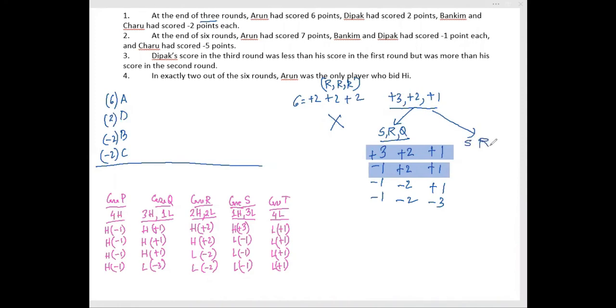R, rather than Q, I am taking T. So in which way can I do it? +3, -1, -1, -1. R, +2, +2, -2, -2. T, all are +1. Here, A, 6 points coming from the first line. Then this is +2, which would be D. This one is giving -2, -2.